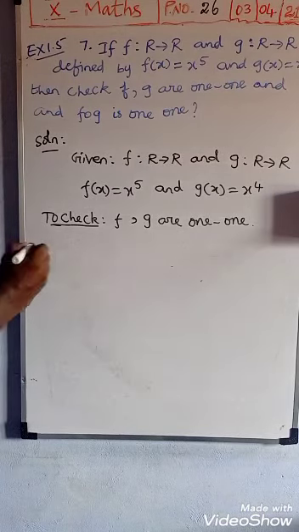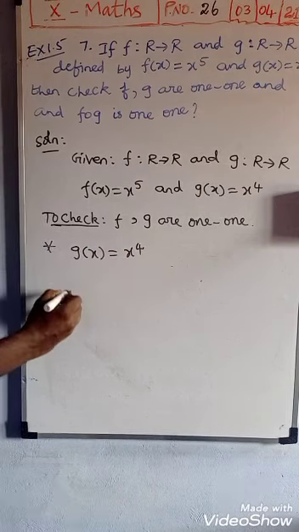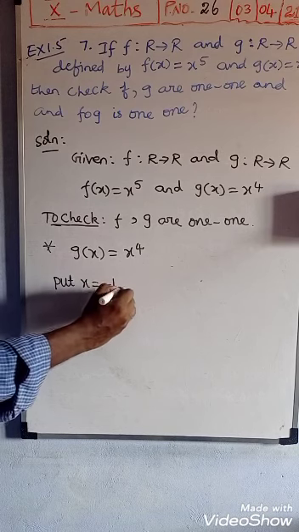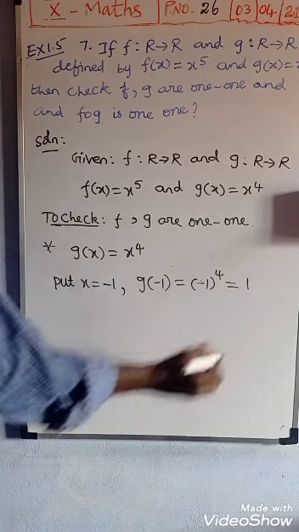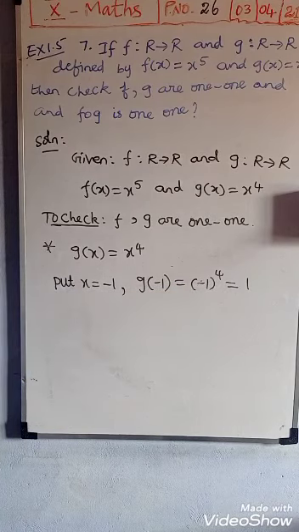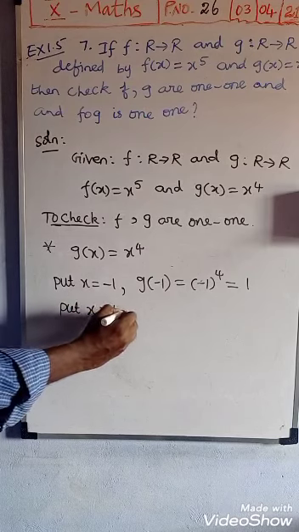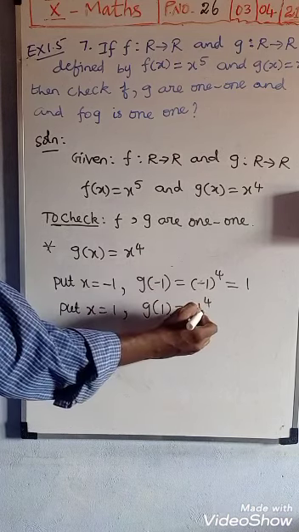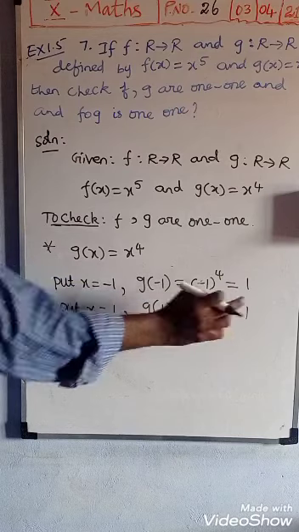Next choose g(x). The function g(x) is equal to x^4. So first you substitute x = -1 now. So g(-1) is (-1)^4. So +1 only you will receive because the power is an even number. So if you multiply -1 four times, you will get positive 1. Suppose you substitute x = +1, g(1), so 1^4 is 1. So see, different values are substituted but we are getting the same image.